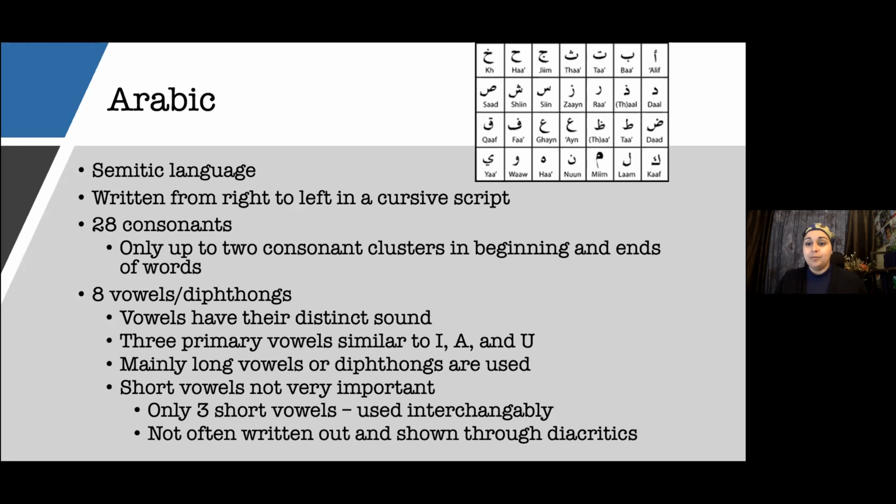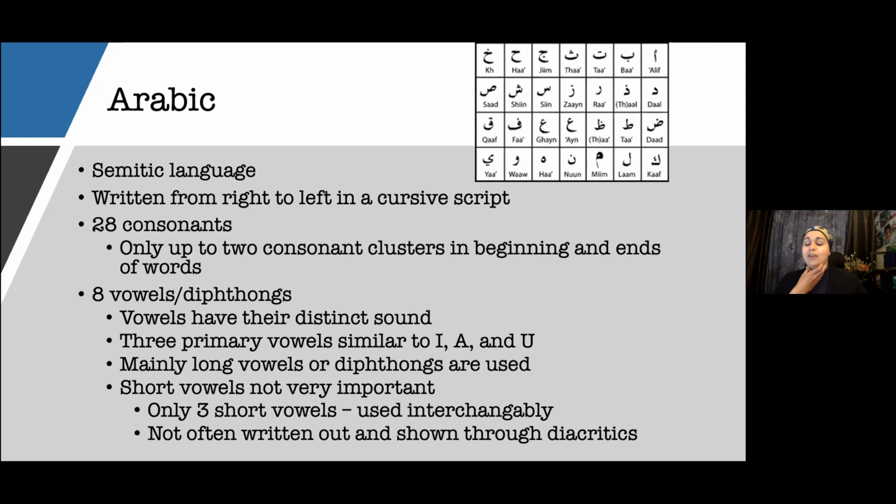Arabic, I always like telling people the alphabet, so I'm going to say it out loud so people hear the difference, because they're always like, well, why do they have such a strong accent when they're speaking English? So the Arabic alphabet: Alef, Beh, Teh, Teh, Gim, Ha, Kha, Dal, Dal, Ra, Zain, Sin, Shin, Sad, Dad, Tah, Tha, Ain, Ghain, Fe, Kaf, Kaf, Lam, Mim, Nun, He, Waw, Ye.